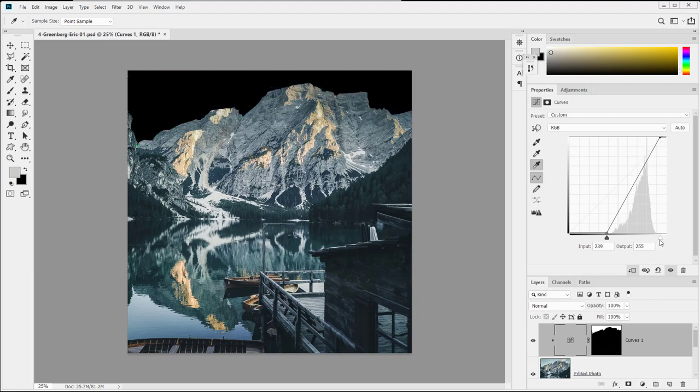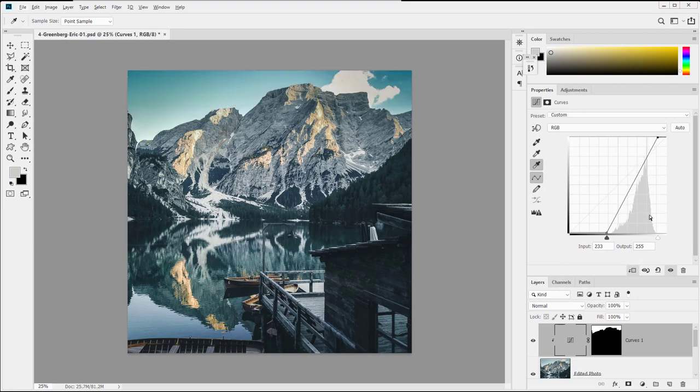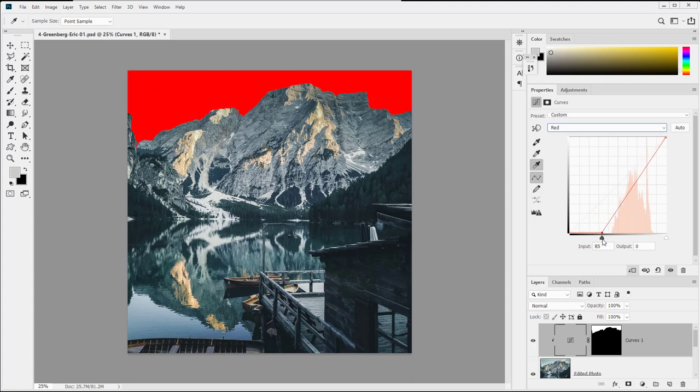Now I'm just holding down the Alt key on this so I can see where I'm clipping. I don't want to clip in on the white because this is a very light image. So, gotta be careful. Let's start with a classic S curve and see where that gets us. Looks all right. Let's go into the red. I'm seeing where we could maybe do some color adjustments. Notice the red is either nothing, or it clips to black right away as it goes in. So we'll cut in,